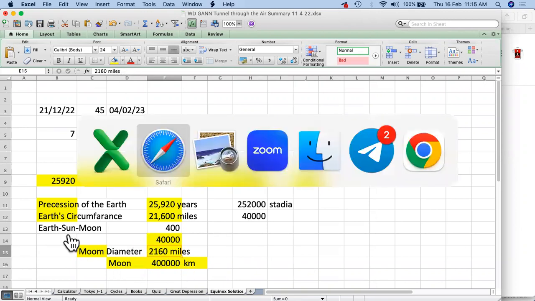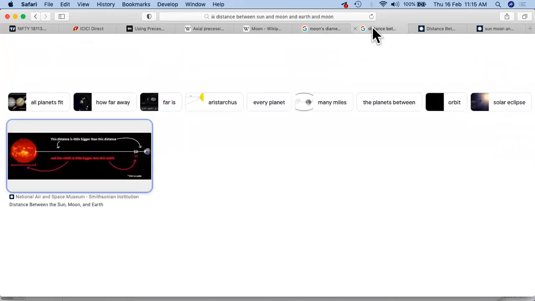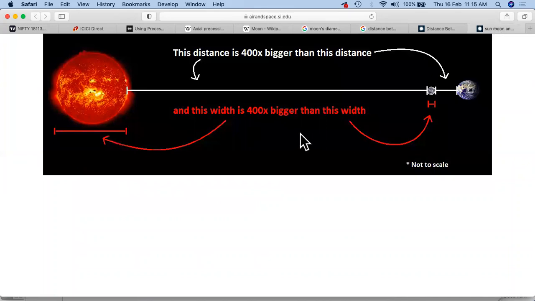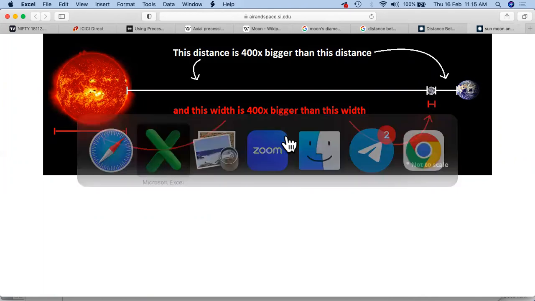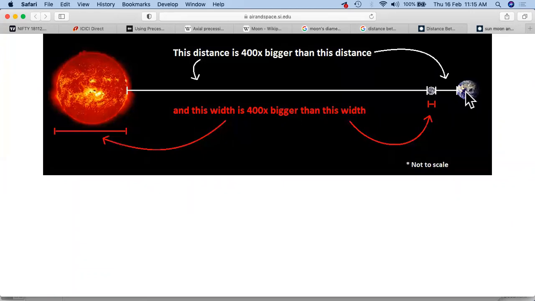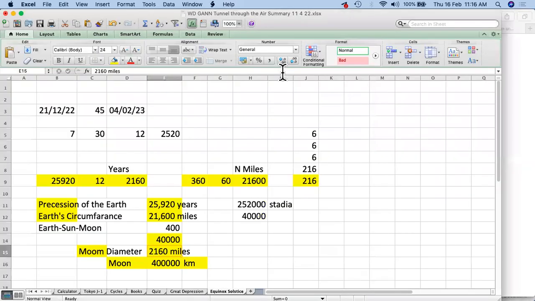And if you see the ratios, there is one more distance we need to see: the distance between sun, moon and earth. This picture I have just enlarged over here. If we check the diameter of the sun, it is almost around 400 times bigger than the diameter of the moon. This is the first part. So again we get 400, a number that has been repeated. And the distance between Earth and Moon is again somewhere around 400.